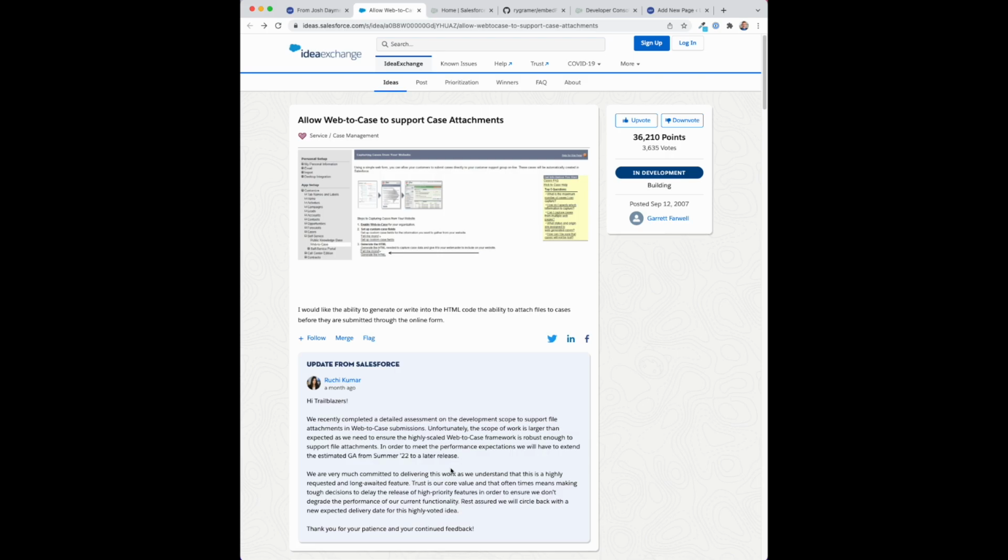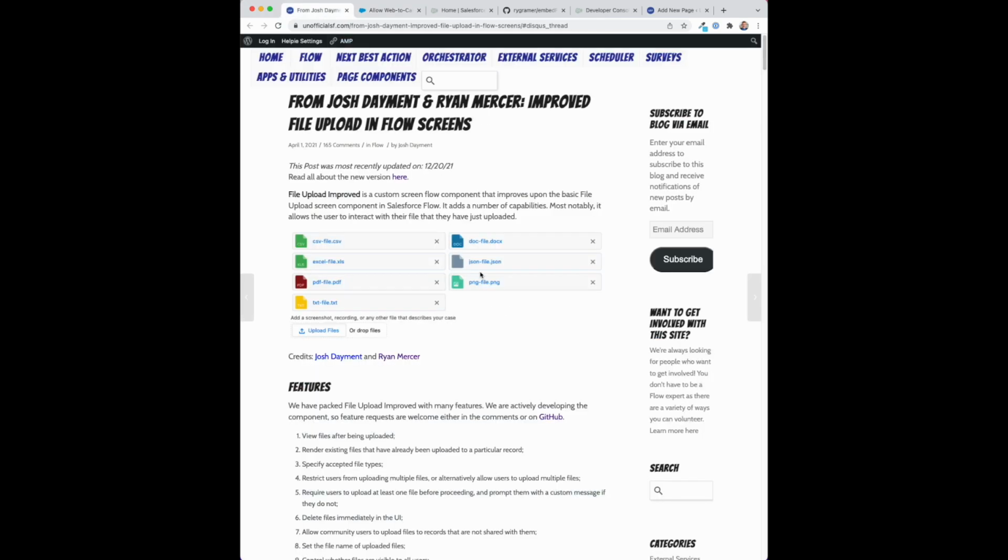So here we are. The good news is that a lot of the foundation of File Upload Improved is there to be able to do this. It just takes a little bit of manipulation along with the power of screen flows to bring this thing to life. So what I wanted to do today was show from end to end how to set up a web